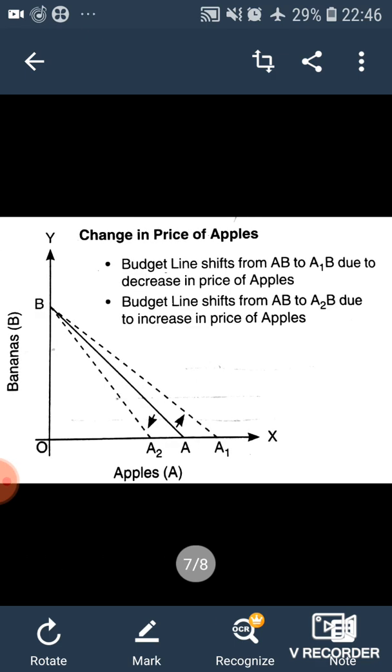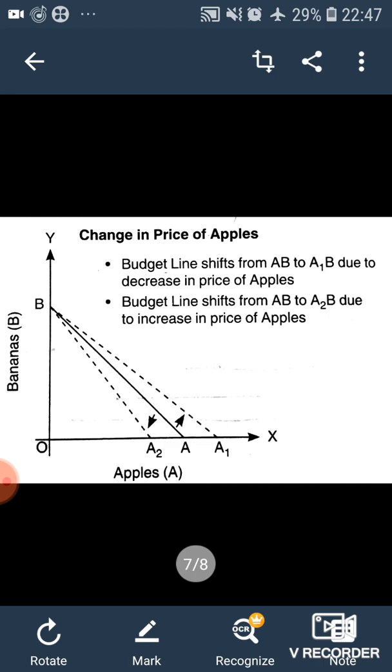What happens if there is a change in the price of apples? Only one commodity price is changing. The banana point remains the same. The point on bananas will remain the same because there is no change in the price of bananas. Only the apple price is changing. So how will the budget line move? If the price increases for apple, what will happen? The budget line will shift from AB to A2B, because now we are not able to afford